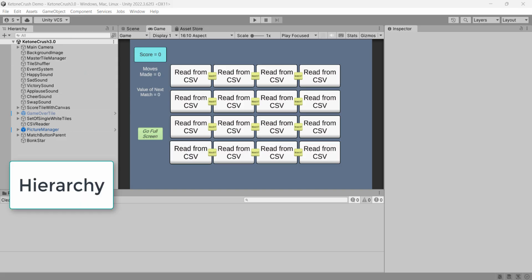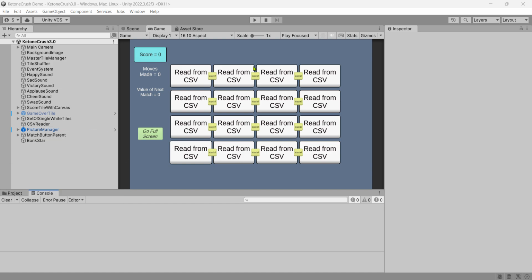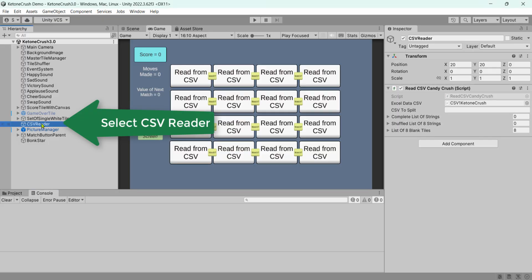On the left, this is called the hierarchy. These are game objects in the scene. Some are visible, some are invisible. The most important ones to start with will be CSV Reader and Picture Manager. These are the master controls for what appears on the tiles. So we'll start with CSV Reader. So if you click on it,